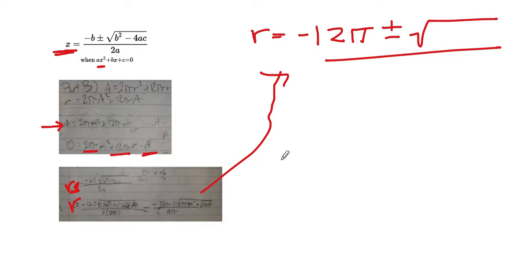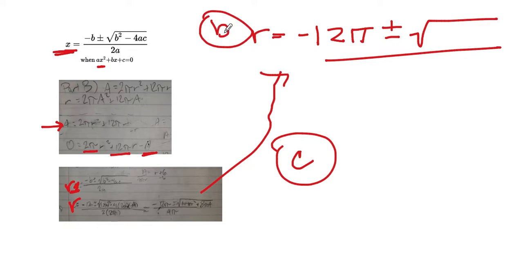And then the next part, part C. So that's part B. You've already done that. For part C, it's asking to find the radius given a certain area. So then all you do is, I just can't read this. The handwriting's too small for me. I'm not sure, but let's just say it's 144 pi squared plus 8 pi